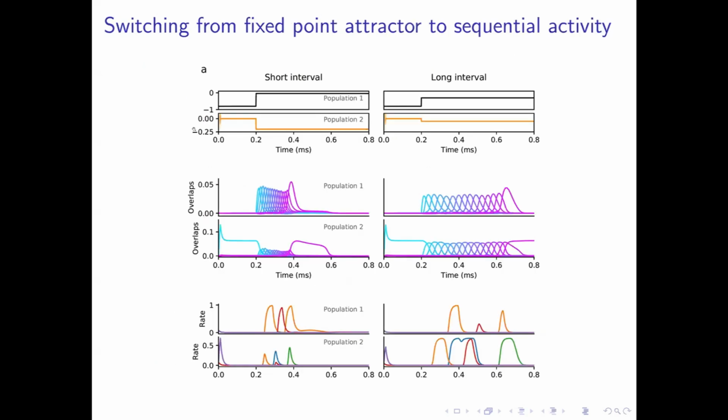And you can also switch, as I already mentioned, from a fixed point attractor to a sequential activity. This is a case where you initialize the network in the first state of the sequence, and then you have a strong input to population 2 here, the symmetric neurons, and so it's perfectly stable there. But then at some point, we change the inputs, and then you go through the sequence. So this could be a simplified model, if you will, of a preparatory state, where you're preparing for execution of a particular movement, and then you change the inputs, and maybe you have input from the thalamus that tells you now it's time to go.